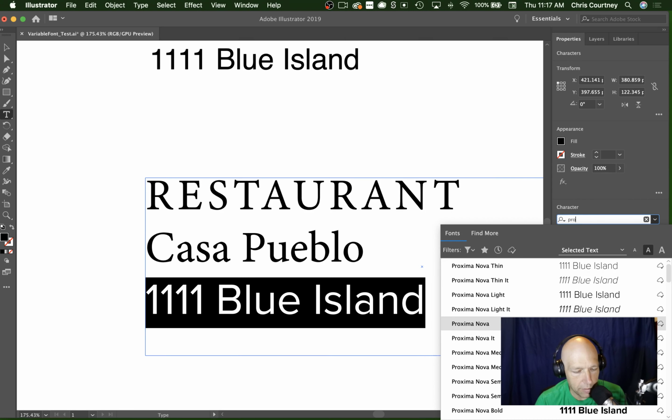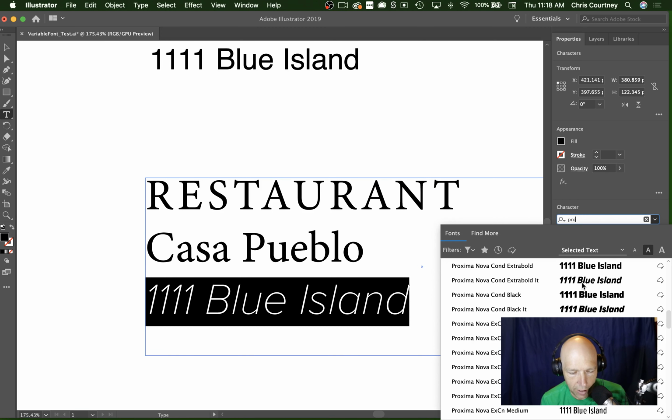Here with Proxima Nova, though, you can see that while Proxima Nova is far more geometric than Minion, I do have a similar structure to the A, even though I do not have the feet that are on the A. I do have a similar structure to the E, but the structure here is slightly more narrow, and that's really where